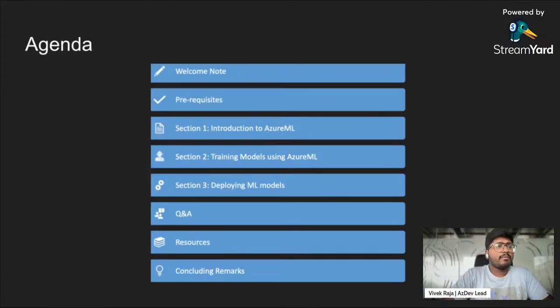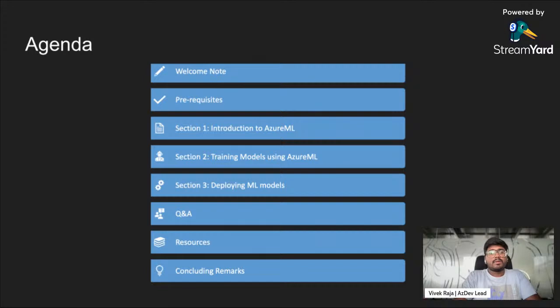The agenda is going to be very simple. I'm not going to bore you with theoretical concepts, but there are a few concepts you need to know before we get started. After that, we'll be completely playing around with the Azure Machine Learning Workspace in Azure Cloud, and we will run a couple of code snippets as well. So the agenda is, first, we will get to know what Azure Machine Learning looks like.